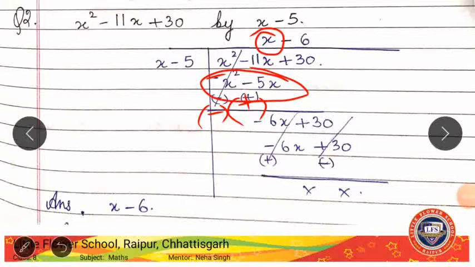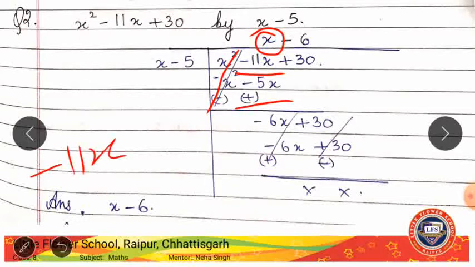So now after changing the sign, here I have changed the sign, right? Now what we'll do, we'll subtract. This x square and minus x square will get cancelled. Now here we are left with minus 11x plus 5x, right? Minus 11x plus 5x, minus plus is minus, so we are going to subtract. 11 minus 5 is 6x, plus and minus is minus, so we have subtracted.